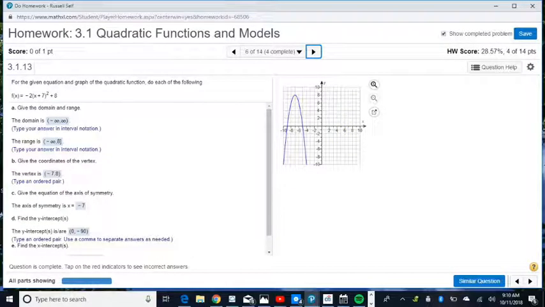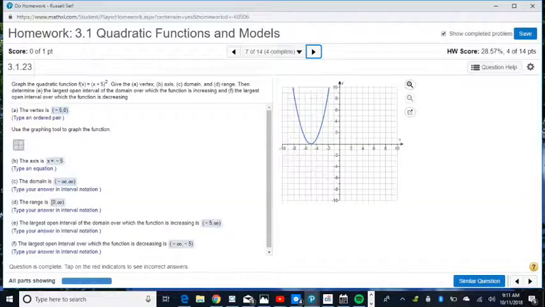Next thing is the same thing: domain, range, vertex, axis of symmetry, intercepts, etc. Again, you're going to have to do a little math to find the y-intercept because it's not crossing y in this one, but it does eventually cross y, no matter how much it doesn't look like it. Okay. All right, here, vertex, axis, domain, range, and then they ask you about the largest open interval in which